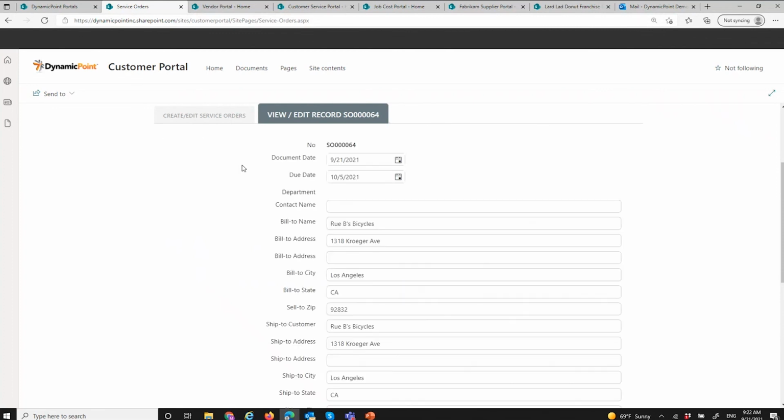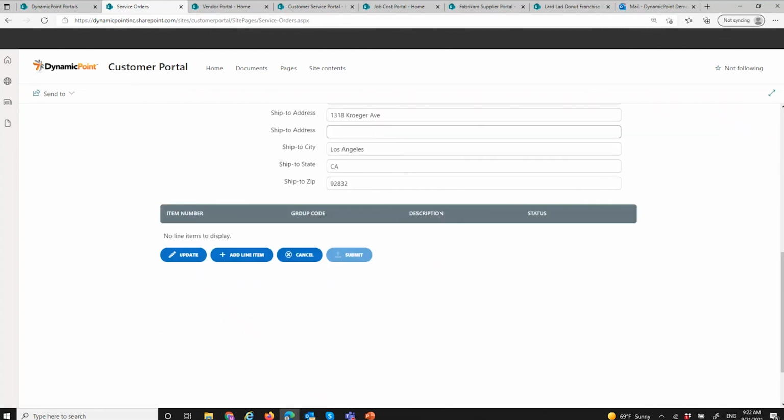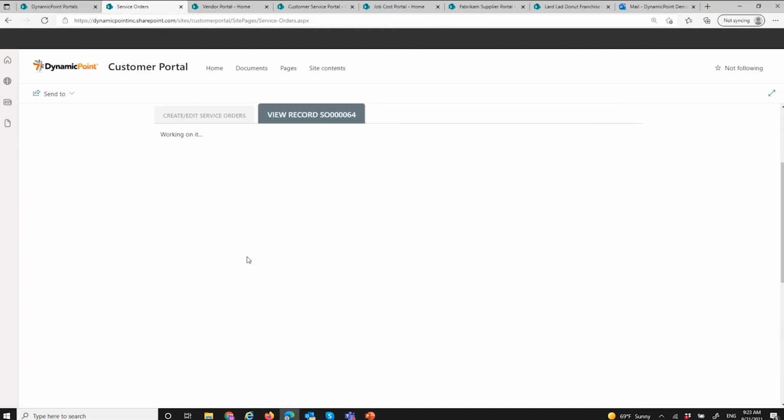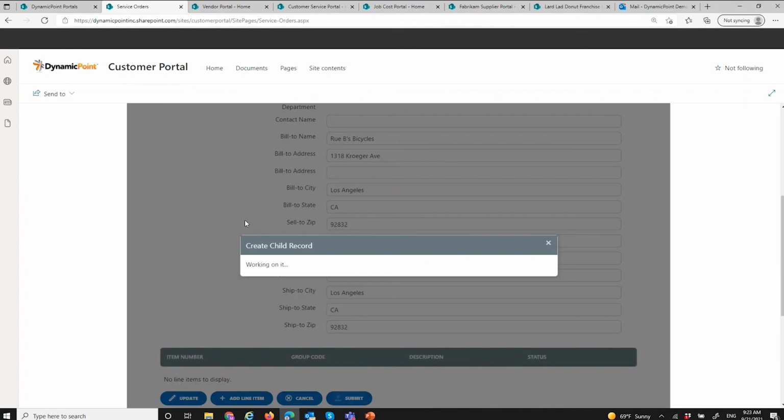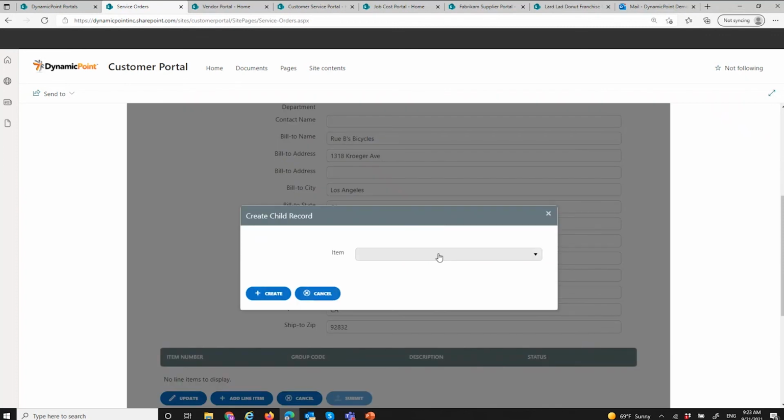So is this a good system if I'm selling like an Amazon type product? Probably not, right? I would not suggest this from a shopping cart, e-commerce perspective. But in a B2B environment, we see it quite often that customers like this type of capability. They're not looking for an Amazon e-commerce type solution. They're looking for more of a business to business order entry. And this is going to show your pricing and all the other specifics that are directly configured in your ERP application or Business Central.